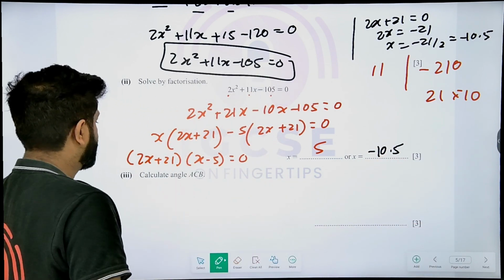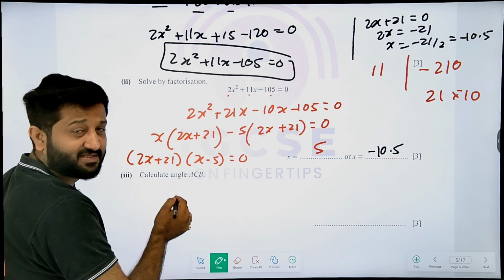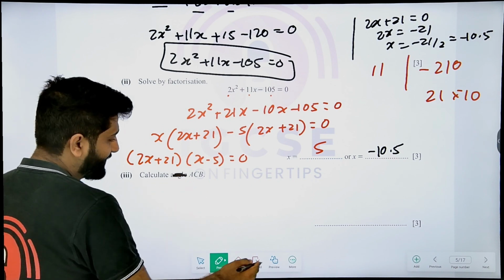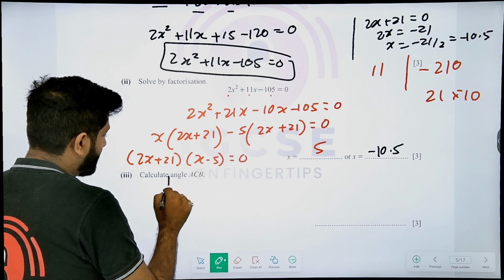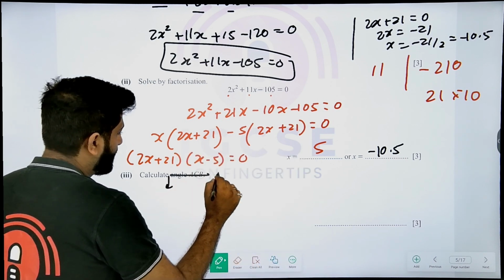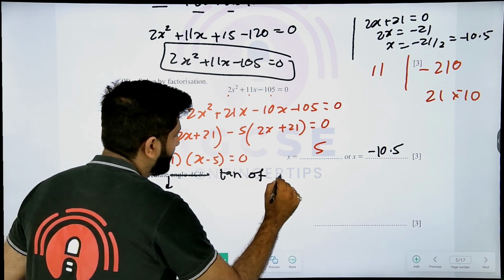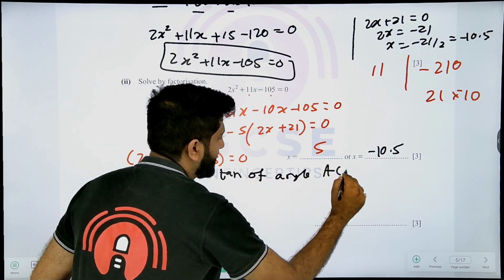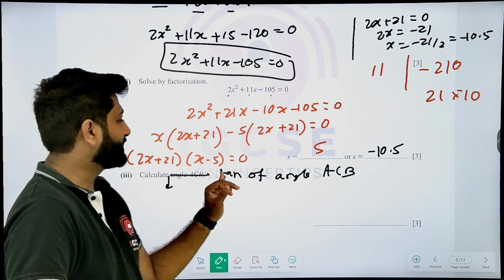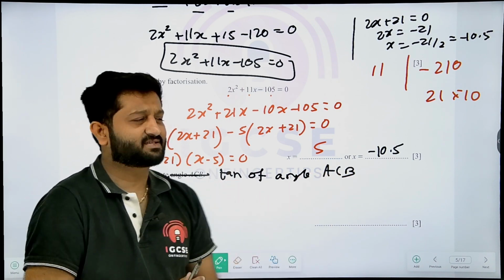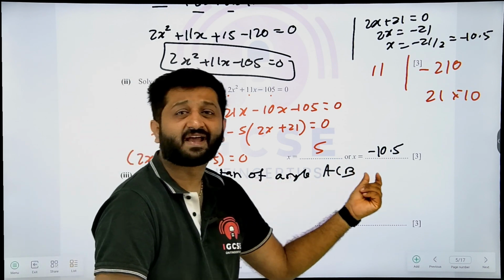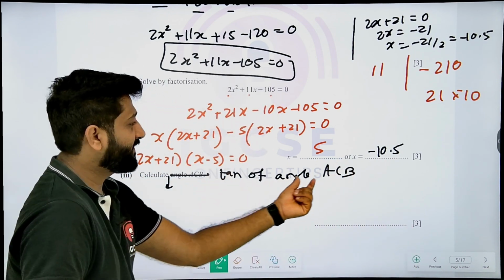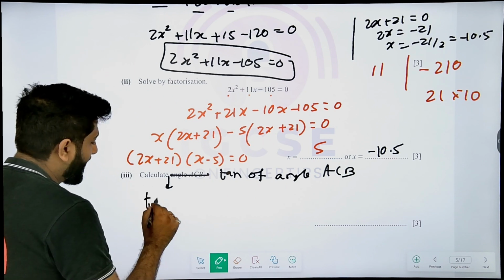Now the second, I'm just changing this question. I'm just adding one more thing to the question. Calculate the tan of angle ACB. Even they could ask calculate the sine of angle ACB. Even they could ask calculate the cos of angle ACB, right? So tan of angle ACB means tan,